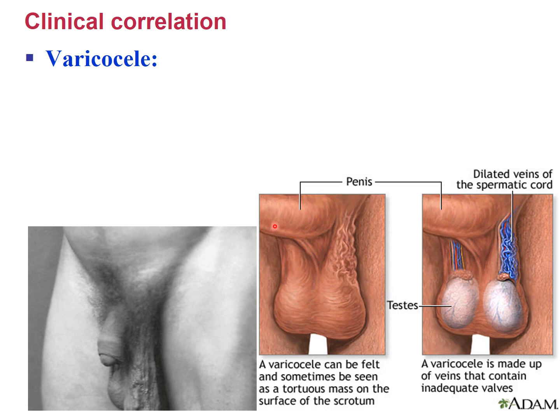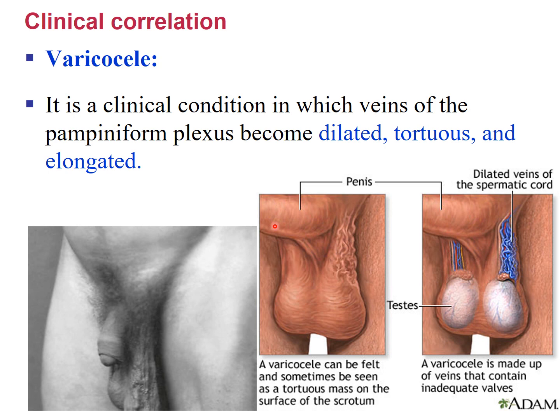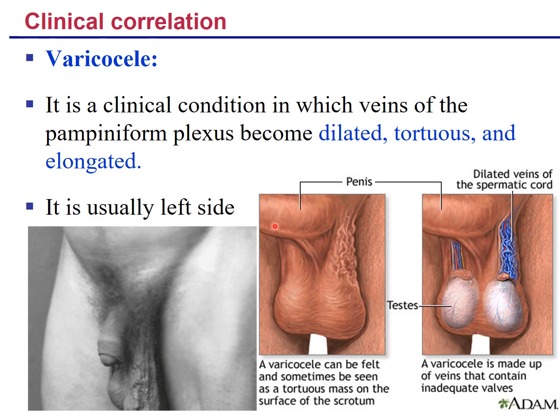Now let us see the clinical correlation of the pampiniform plexus. There is a condition called varicocele. It is a clinical condition in which veins of pampiniform plexus become dilated, tortuous and elongated. Usually it happens on the left side. It is because of the course of the left testicular vein, which makes an acute angle before it drains into